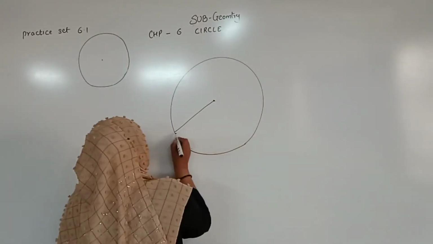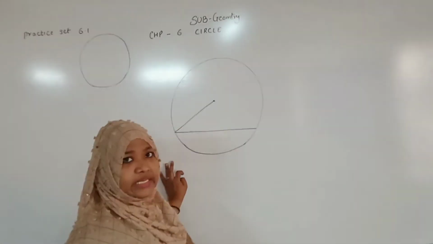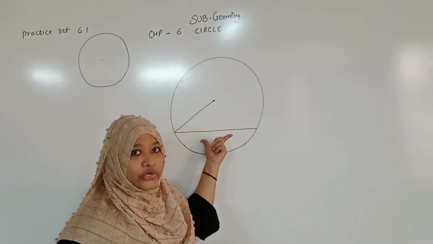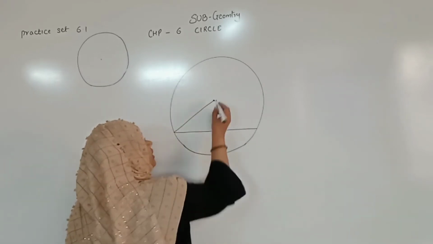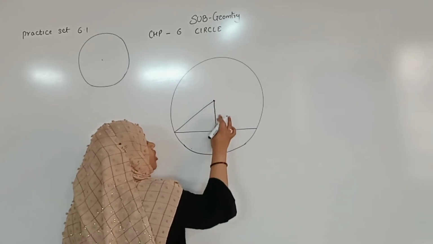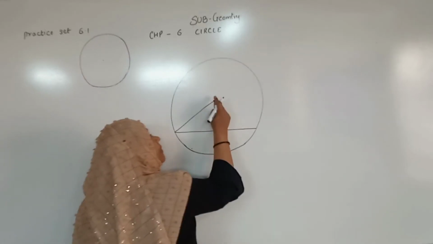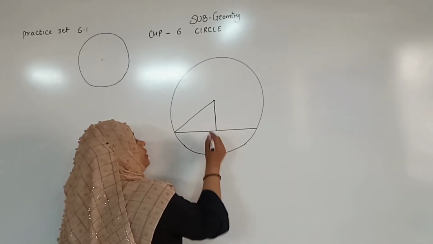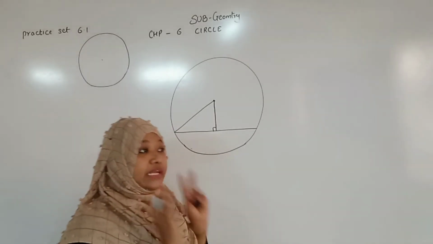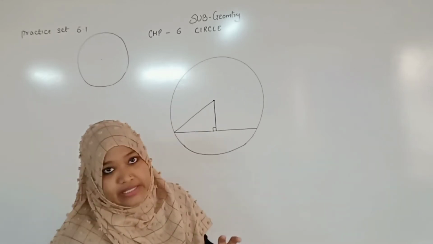Okay. Now, without touching the center, that line segment is called a chord. क्या बोला था उसको? Chord. Okay. And now the theorem is saying that the perpendicular drawn from the center to the chord bisects the chord. Bisect the chord means it divides the line segment of the chord into two equal parts.